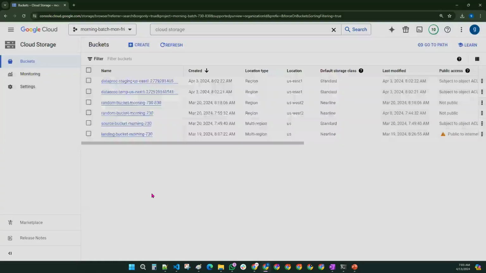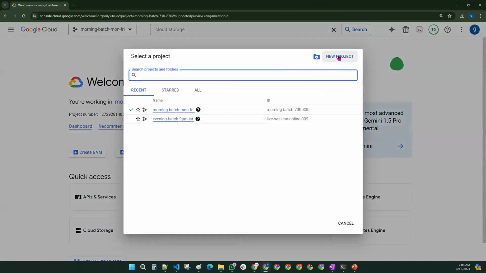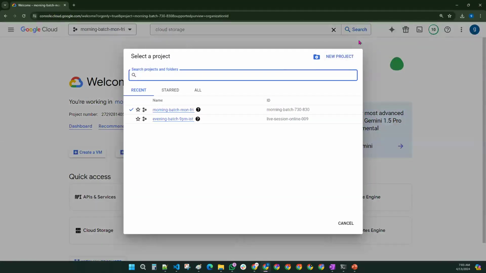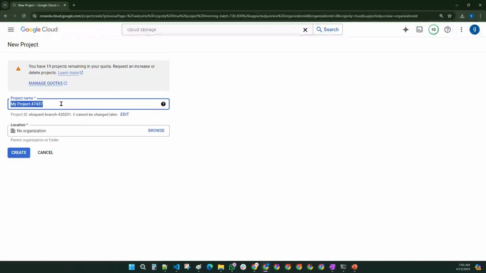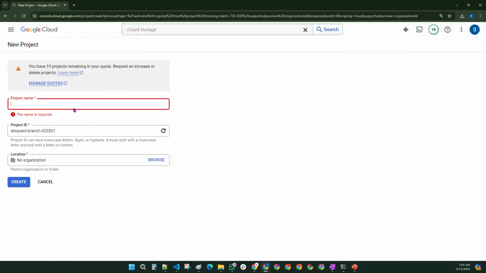Okay, let me create one more. Let us try to create one more project, guys, for our requirement. If you want to create a new project, you come to the project area. I told you these steps already. Come to the project area, click on this, click on new project. As I told you, to create any project, we need to provide the project name as well as the project ID. So the project name, we can give